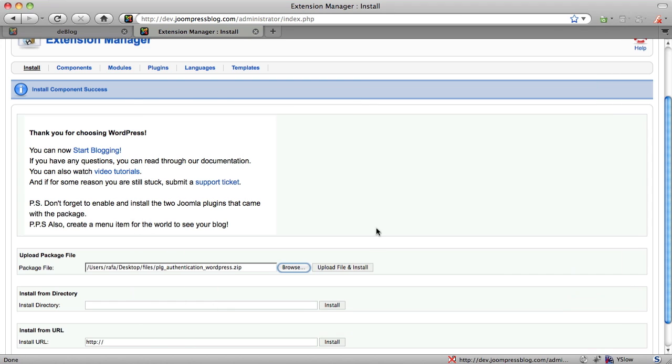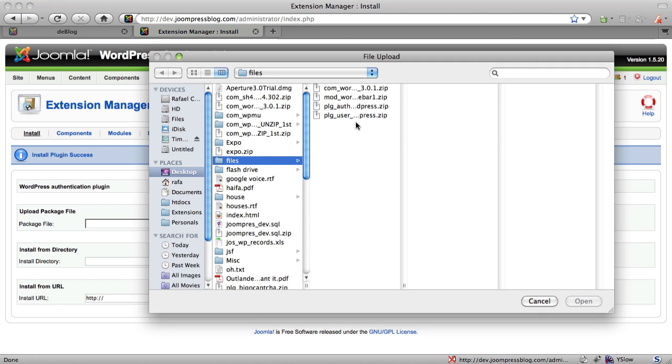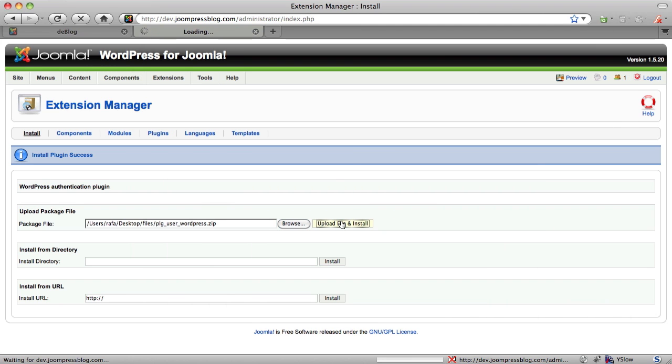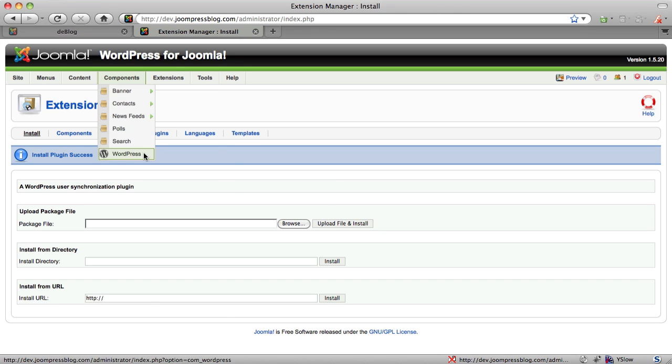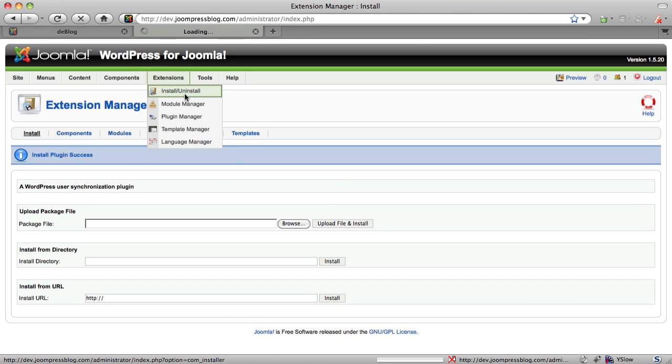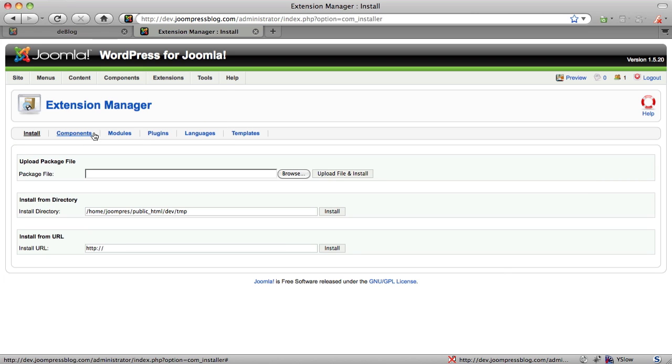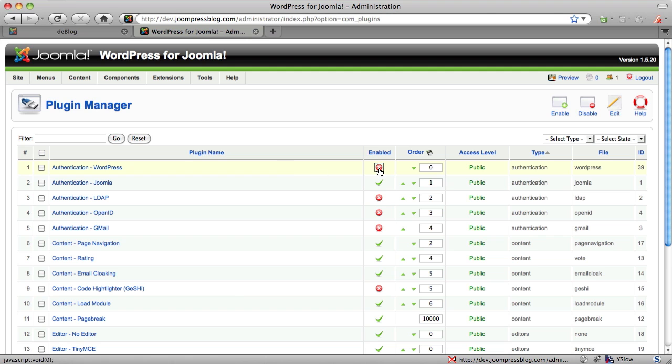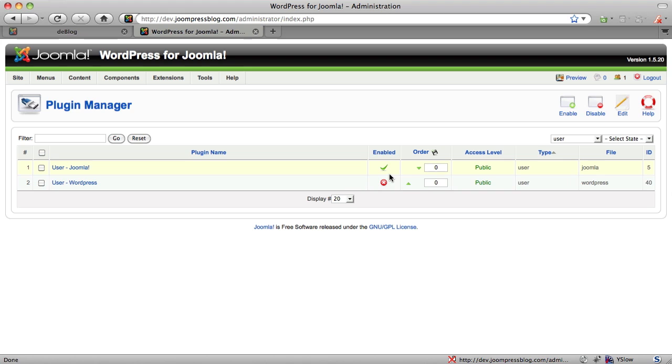And these will come in the package that you'll download from our website. One is an authentication plugin, and the other one is a user plugin. Now, before going to the WordPress component right here, I need to enable these 2 plugins. So the authentication plugin I'm enabling, and I also need to enable the user plugin right here. Okay. So at this point, WordPress 3.0 is installed,